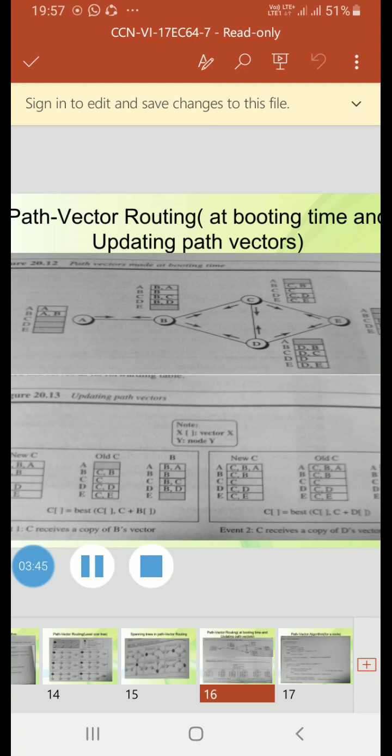The plus operator here means to add x to the beginning of the path. Path vectors.